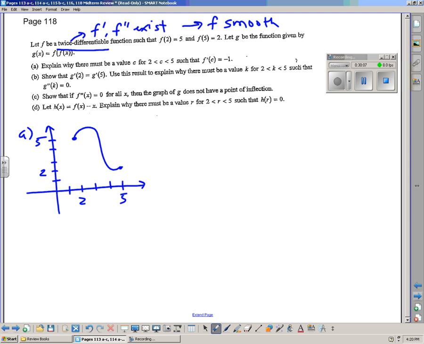And what they're saying is explain why there must be a value of c between -2 and 5, such that f prime of c is -1. And if you notice, if you made the secant line out of this and took its slope real quick, the slope would be 2 minus 5 divided by 5 minus 2, which is -3/3, which is -1. So since we're twice differentiable, the mean value theorem